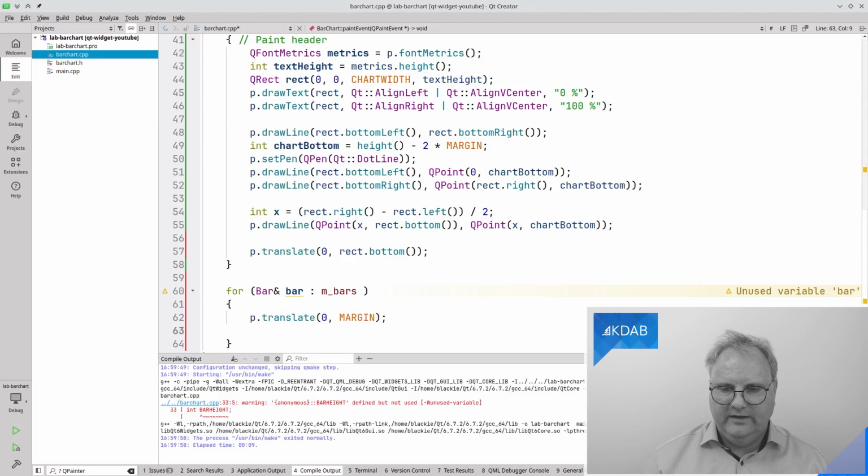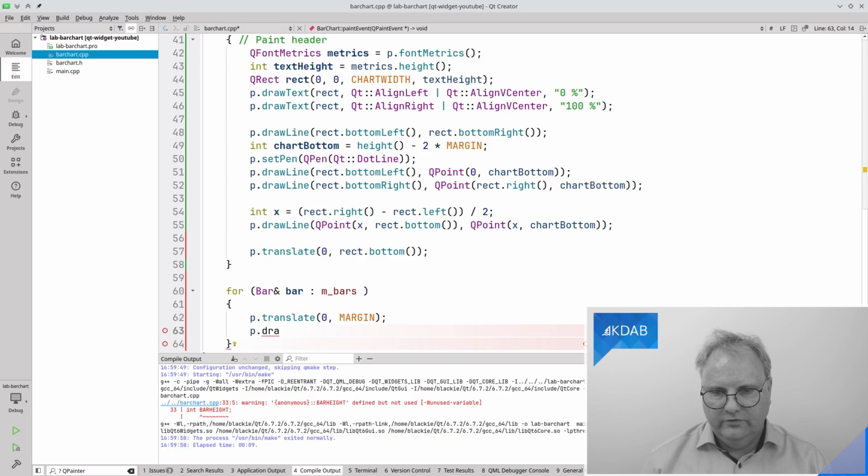Now I'll translate that. I need to paint my rectangle that represents the bar, and so eventually I would like to do something like draw rects like this. So we'll need to figure out the QRects. Now I've translated down, so it started 0,0.